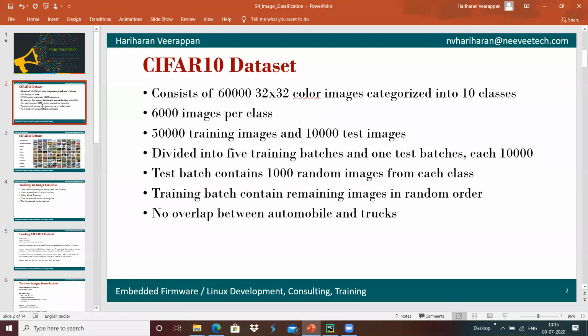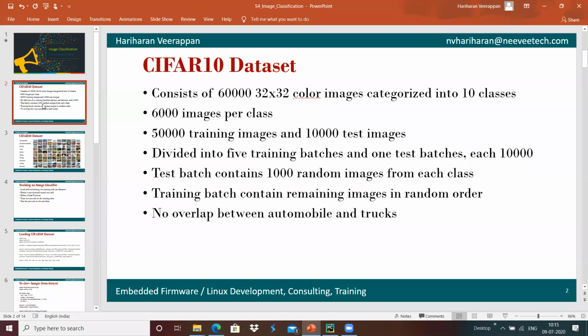Then the training batch contains the remaining images in random order. For example, among the 50,000 training images, maybe 15,000 images can be automobiles. It's not grouped in the same manner.